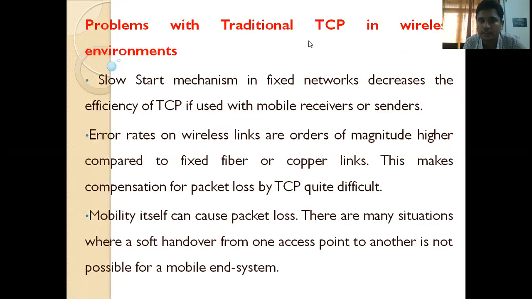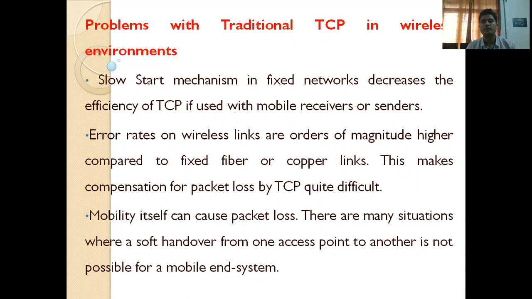So these are the problems with traditional TCP in wireless environment. What happens if you are using TCP? There is a continuous flow of packets. If congestion occurs, a packet loss happens. So if a packet loss happens, the receiver resends the acknowledgement, and the sender receives the acknowledgement continuously and sends the packets in sequential order again and again. So it will be done in two ways. One is slow start and the second one is fast recovery and retransmission.